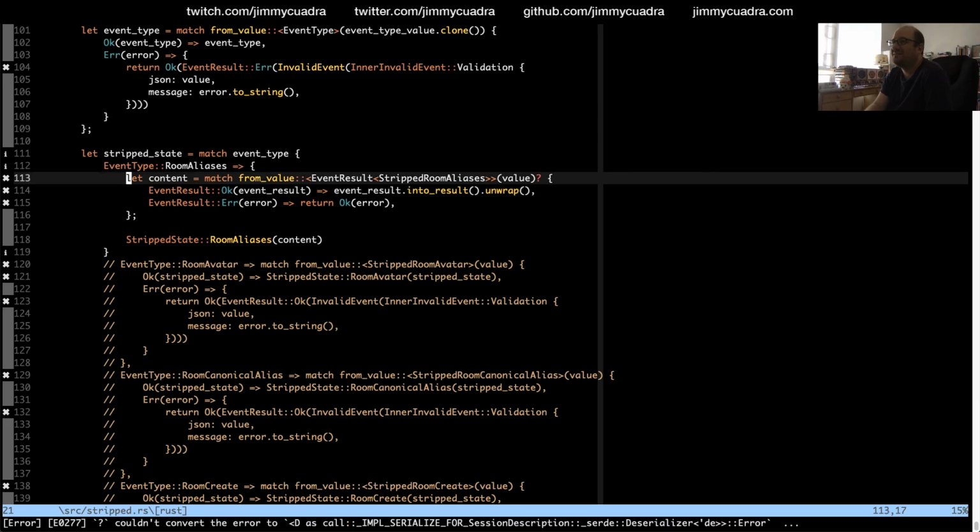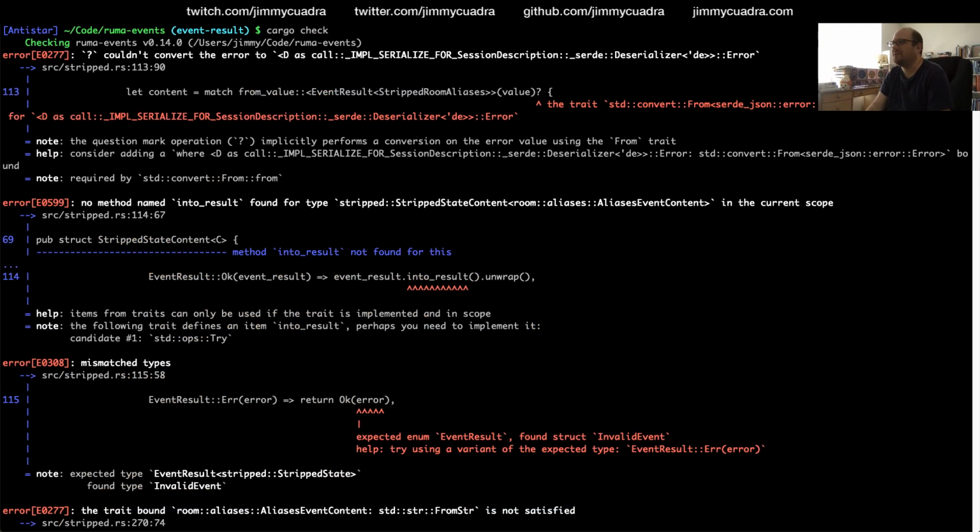God damn it. Why does the question mark not work there? I don't understand. It returns a Serialization error, which does implement that trait.